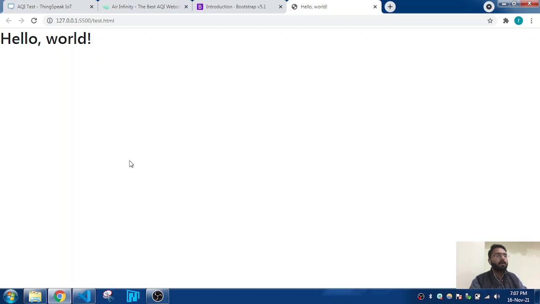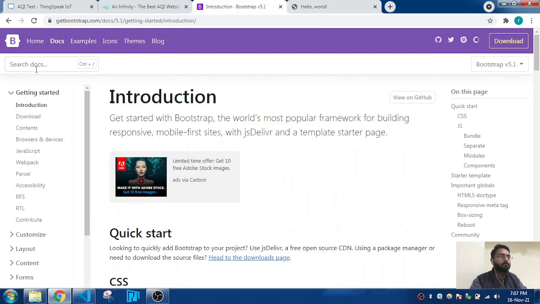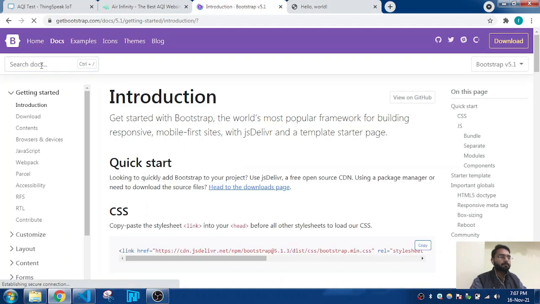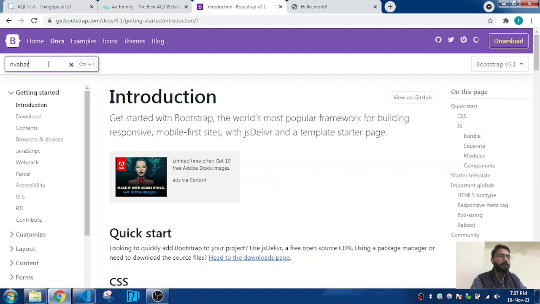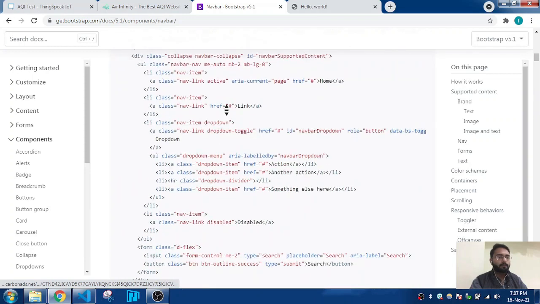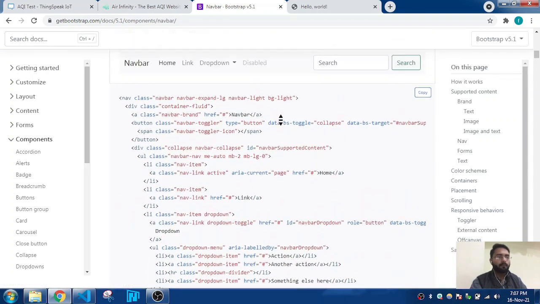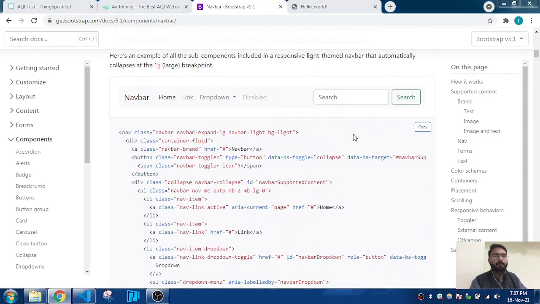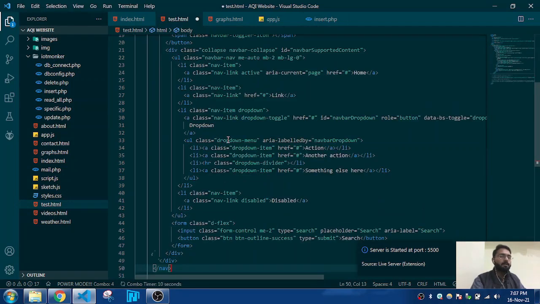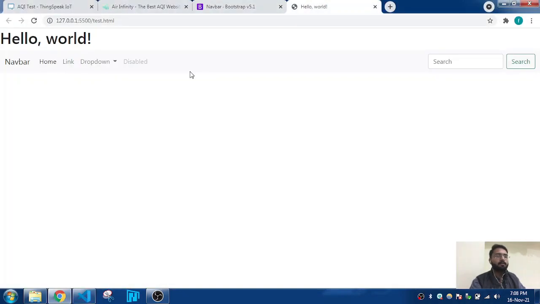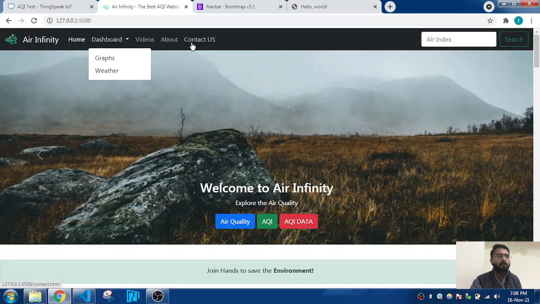Okay, and now if you have to add the nav bar, just select this nav bar, copy it and paste it, and you will see the nav bar. Now you can change it accordingly, about how to implement these codes and how to design your website.